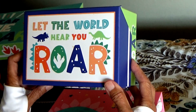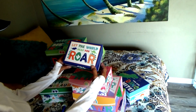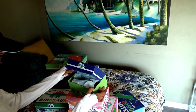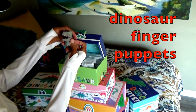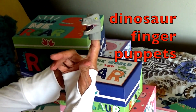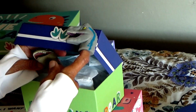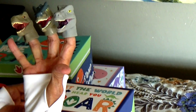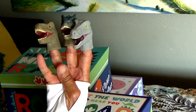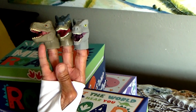Let the world hear you roar. Can you roar for me, boys and girls? Roar! And what's inside here? Oh, look at this! Dinosaur finger puppets. There's one dinosaur. Let's see what this other one looks like. Woo! And there's one more. Oh my goodness, boys and girls, how many dinosaurs do I have here? 1, 2, 3. 3 dinosaurs. And they're saying,